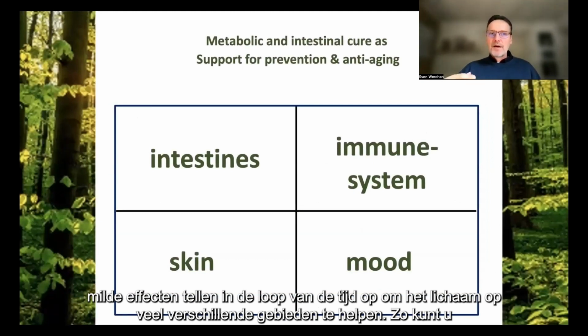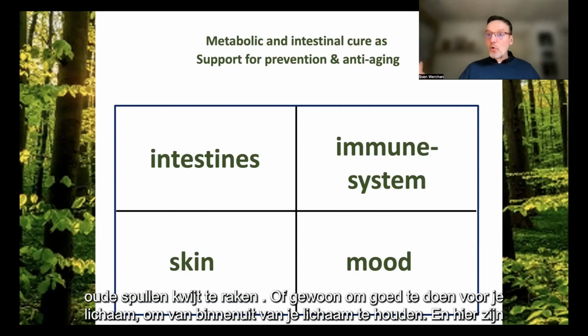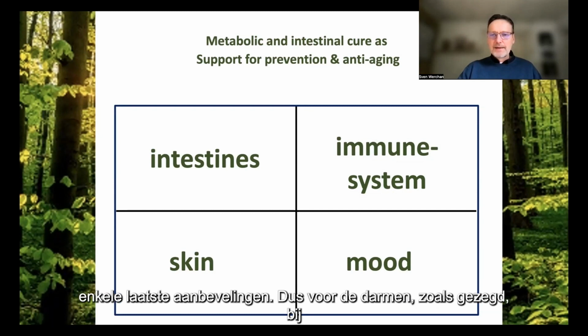So you can support prevention, you can do it as anti-aging, you can do it as a start to a healthier life, to get rid of old stuff, or just to do good for your body, to love your body from the inside. And here some final